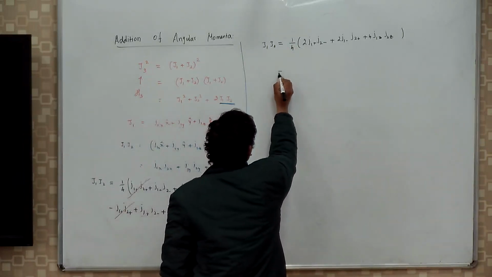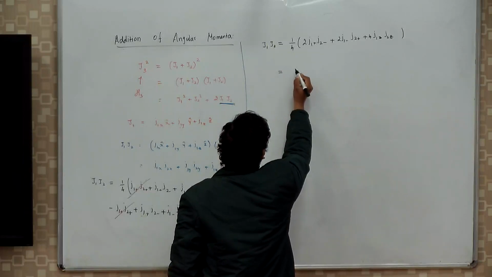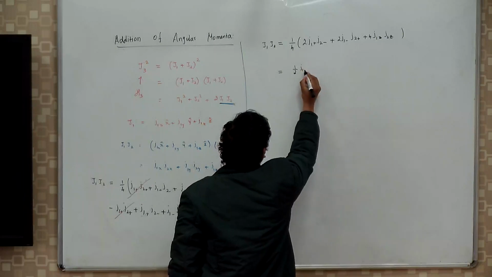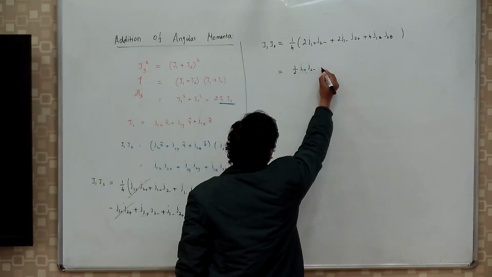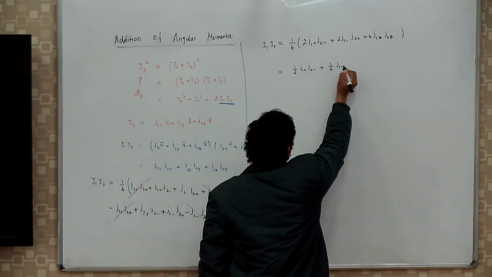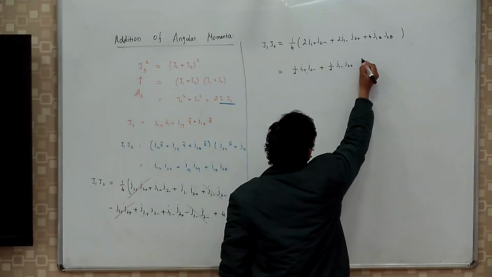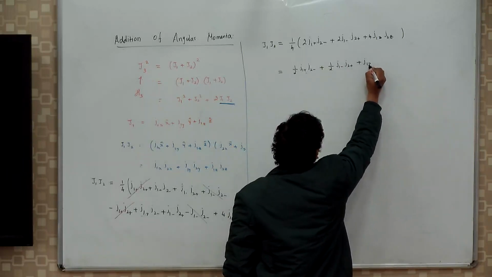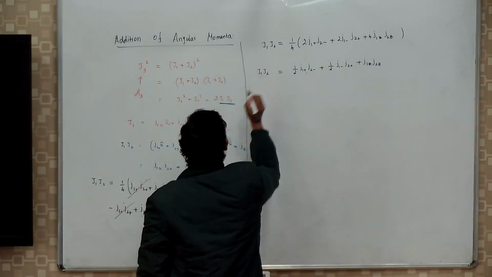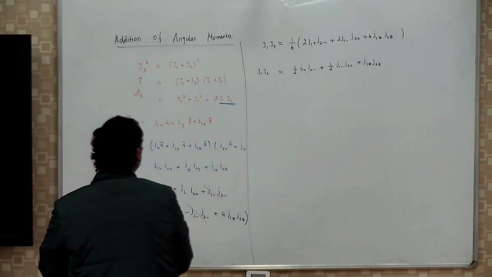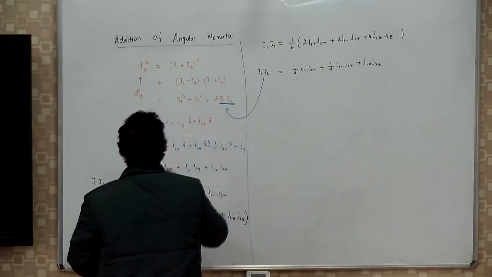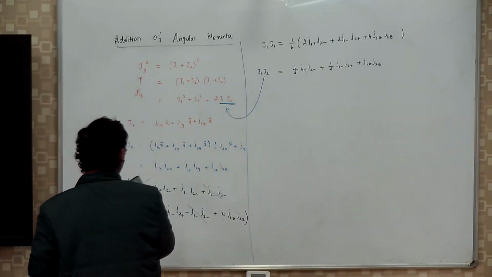Now if we place the 1 by 4 inside, we will get 1 by 2 J1 plus J2 minus plus 1 by 2 J1 minus J2 plus, then J1z J2z. It is nothing but J1 or J2. If we put this value, the product of J1 and J2, in this expression, further